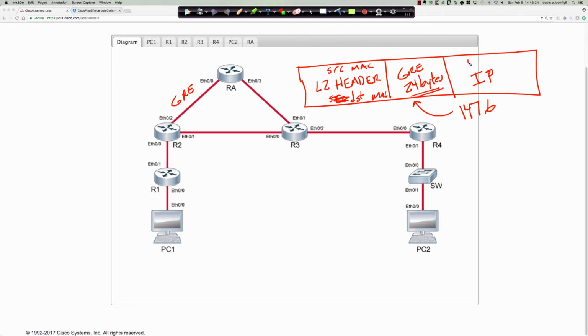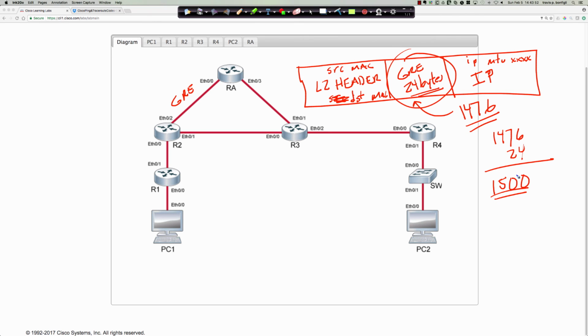And so that's why we say IP MTU, and then we would lower the MTU down to some value. But again, with the DF bit set, we have to shrink the size of the IP packet to accommodate those 24 bytes,